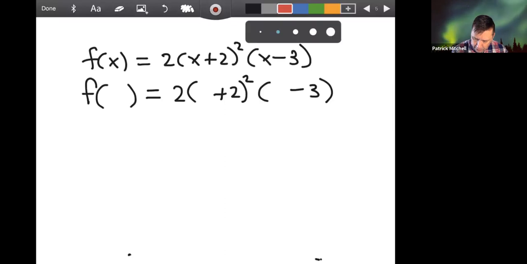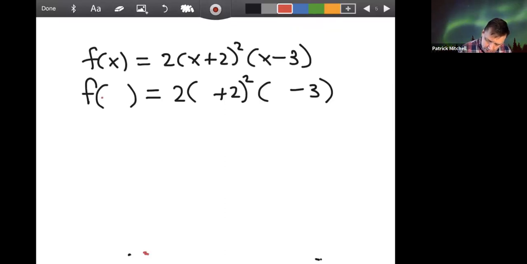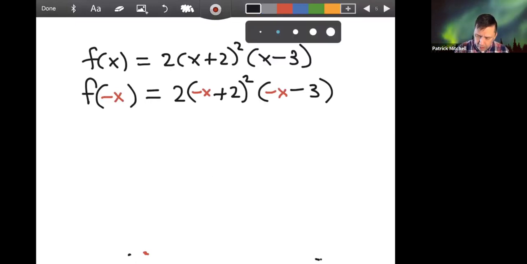And if I fill in the blank with an opposite x, let me now see if I can turn that into either f of x, in which case the function is even, or negative f of x, in which case the function is odd. Well, I think it turns out that this function is neither one of those things